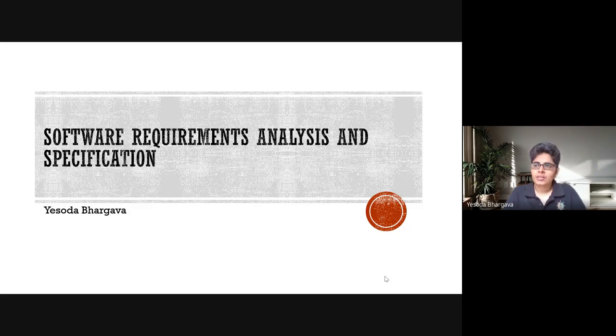And after the end of the lecture, I will also be showing you four samples of software requirement specifications, which you can go through with your team members. So you can pick the relevant information from the software requirement specification documents and incorporate that in your own documents if you find it relevant. So that is the whole goal of today's lecture, to understand in detail what software requirement specification is and how to go about it, and basically this time to learn about SRS after looking at the examples and samples. Is that clear?